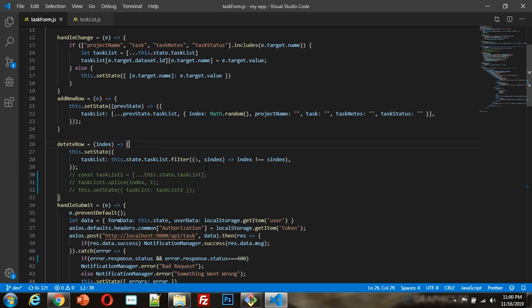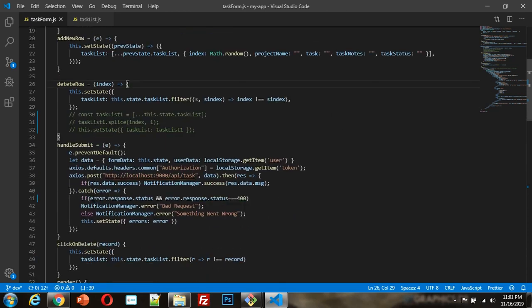If a particular row does not match, it is filtered and another array is generated. That array I assign to the task list, and this way all this functionality works. I assume all these concepts are clear, and for more information you can find this code in my GitHub link.